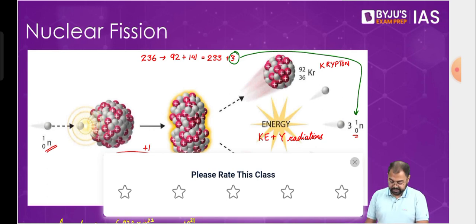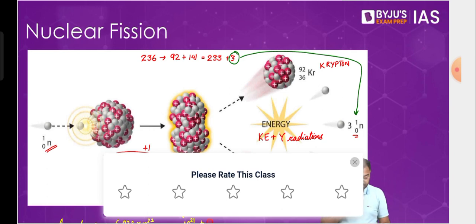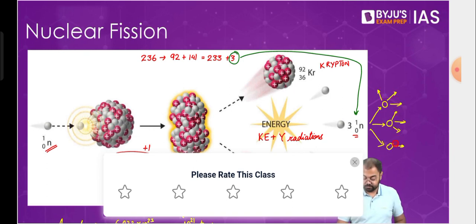So 1 gram of uranium-235 will have 10 to the power of 21 atoms, or the same number of nuclei as well, correct? Why I'm talking about all this is, in the sample, it's not that you have just one atom of uranium-235. You have 10 to the power of 21 nuclei of uranium. So just imagine the amount of uranium that we have here. That's why these 3 extra neutrons will go on to bombard 3 more nuclei of uranium. From there on, again, you have 3 extra neutrons. So these 3 extra neutrons will keep going further like this, and the same continues.